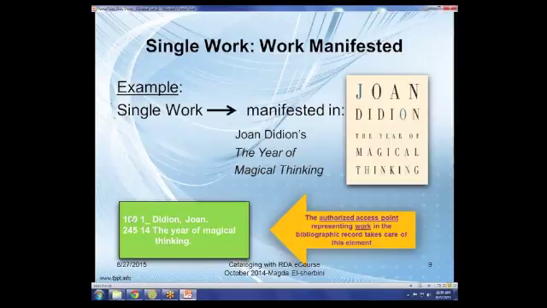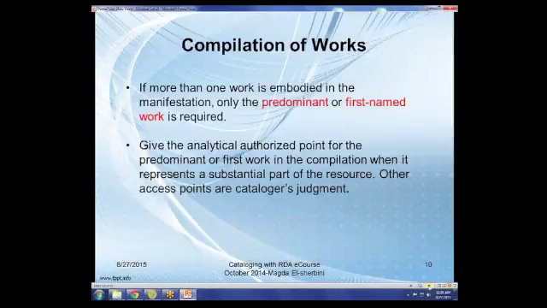Field 100 would be the author's name, and field 245 would be the title of the work. So both of these, both 100 and 245, are considered access points. So in the case of Joan Didion, that's an authorized access point because there's an approved form in which her name should appear. It is considered part of the authority files in the catalog.